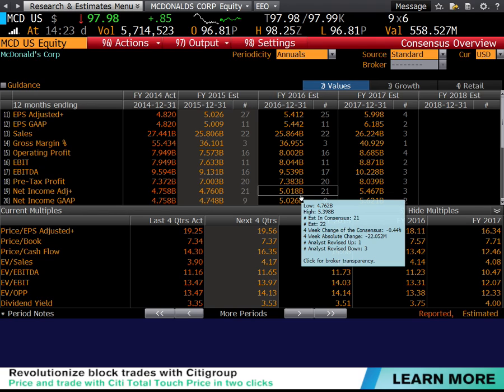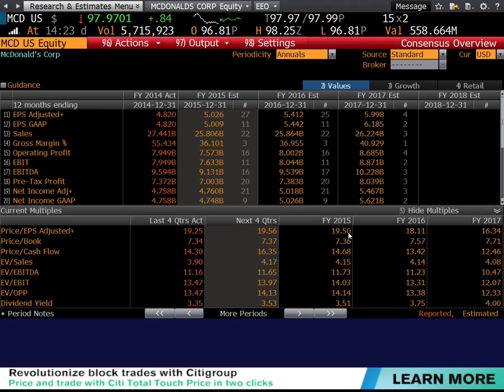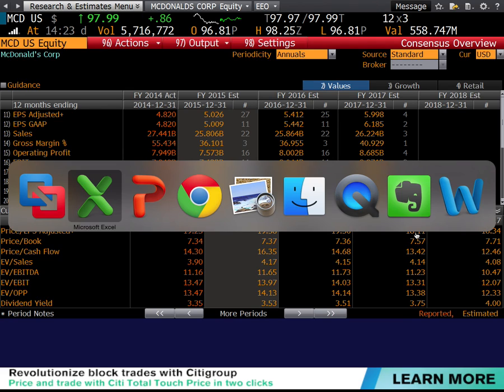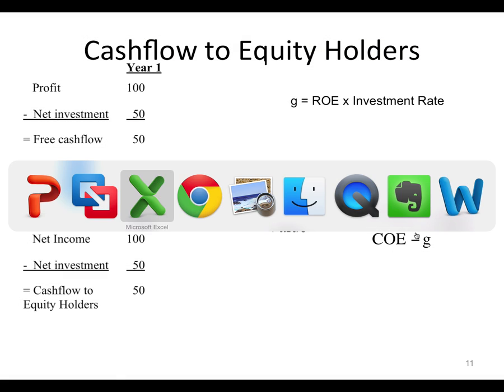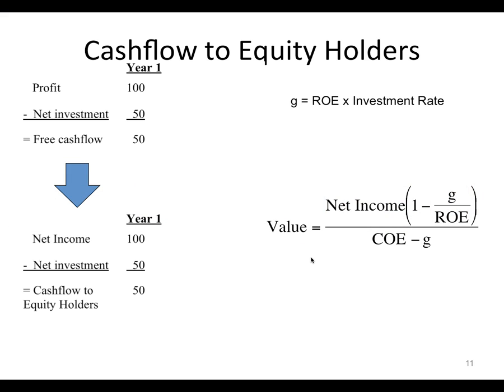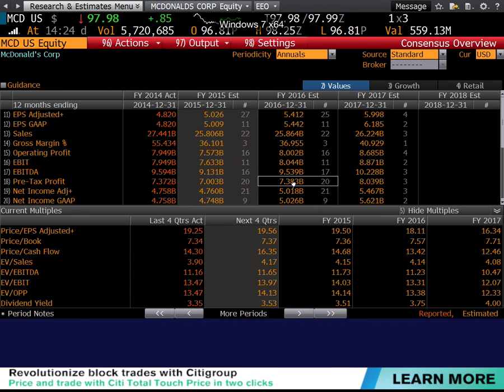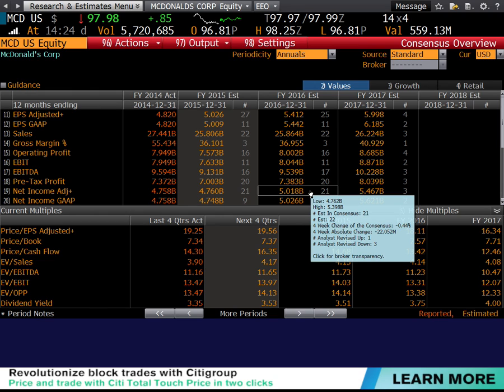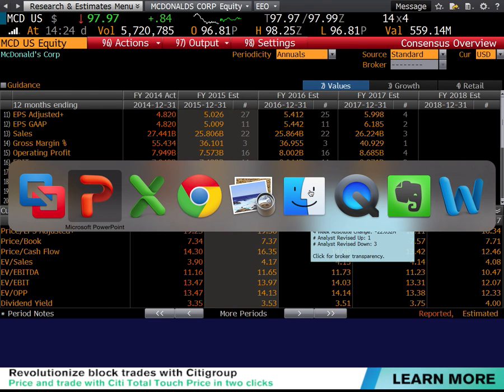So that's what adjusted net income is. So the analysts actually look at not a PE, but they look at what's called an adjusted PE. The price to the adjusted earnings, where you take out the one-time gains and losses and the non-cash accounting charges. So that PE for 2016 is 18.11. That's the actual PE. And that is based on net income of $5,018,000,000.